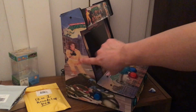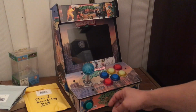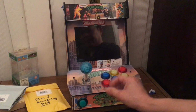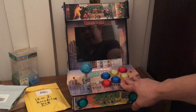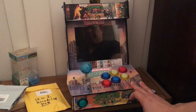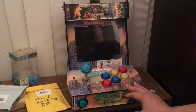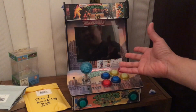So I need to do that for this one over here and one on the side, one on the bottom, so that this thing will work, and this one also lights up. So this is going to be my Ninja Turtle arcade game set that I built, but I didn't have any plastic cover on this. This is a pie cat that I modded. This is an expensive way to do this because this cabinet itself is about $210, and it doesn't come with Raspberry Pi. It doesn't come with power. It only comes with the video card